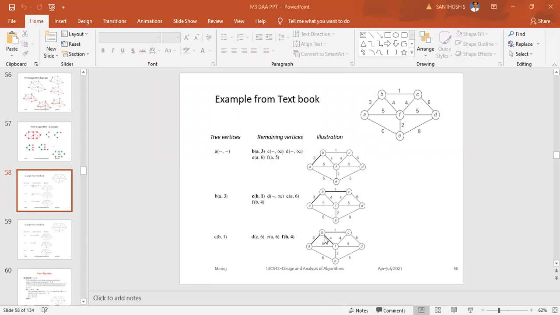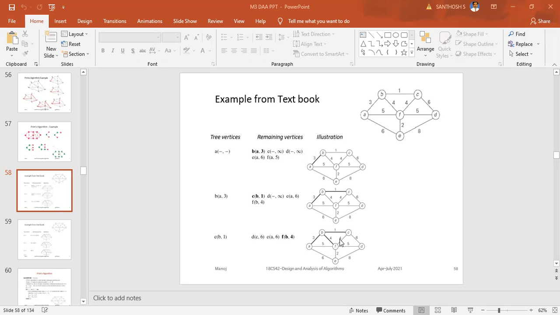So now you have B as well as C. Which one are you going to take? C also has value 4, B is also value 4. So if it is reachable with the same value, you go with the previous one only. The new one is C, the previous one is B. As F is reachable through B first, if anything is reachable with the same value also, B is considered here.